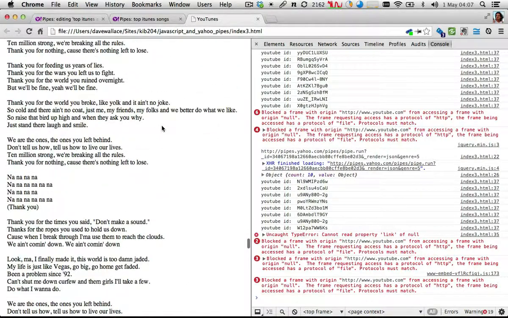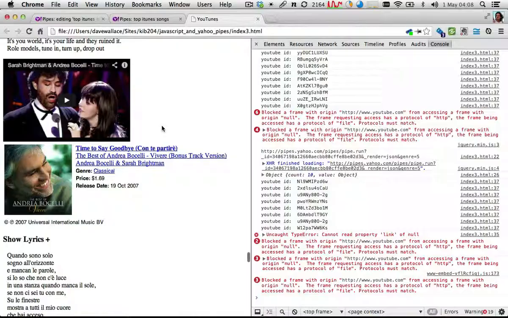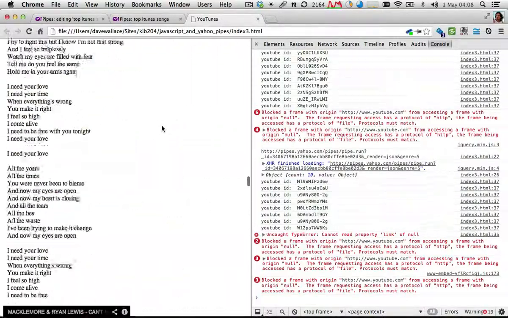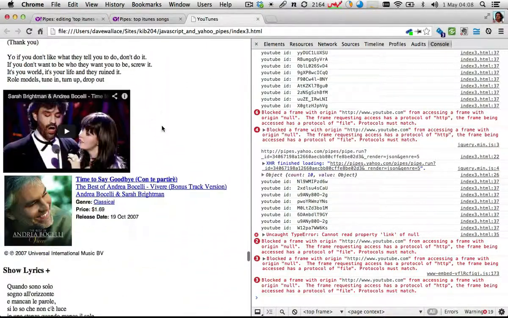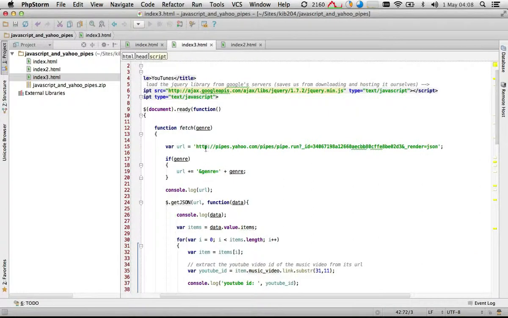And by testing that, I can see that there's something that I haven't actually done yet. It might have been a bit hard to see, but what you'll notice is that when I selected another genre, it's actually outputted the new results at the bottom of everything that was already there. Because I keep calling append, it's just adding it onto the bottom of that content div. So what I actually need to do is every time I call the fetch function, I first need to clear the contents of that